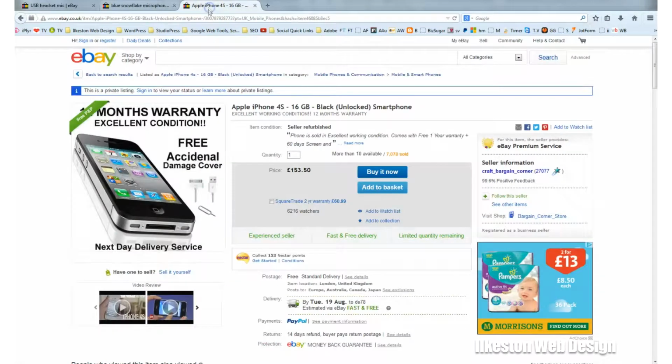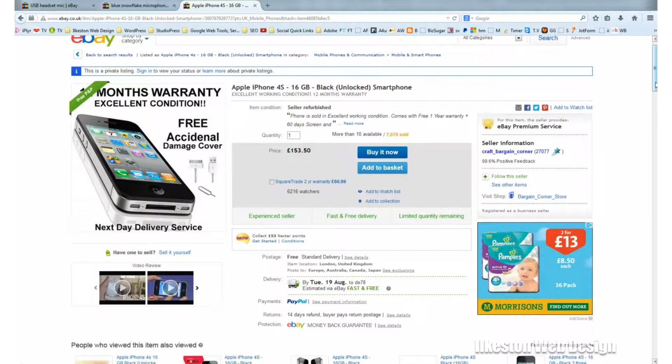The other thing you could do is get an iPhone. Now you can get an iPhone on eBay. You can get the Apple iPhone 4S 16 gig unlocked for about 150 something pounds, £153.50 I'm looking at here, and this is a very, very good piece of technology.